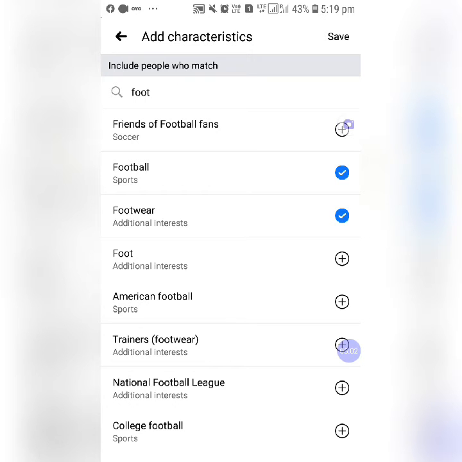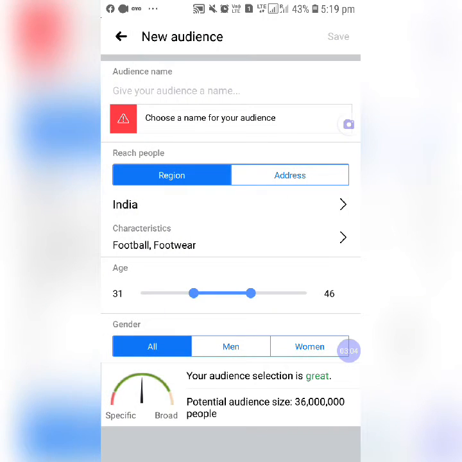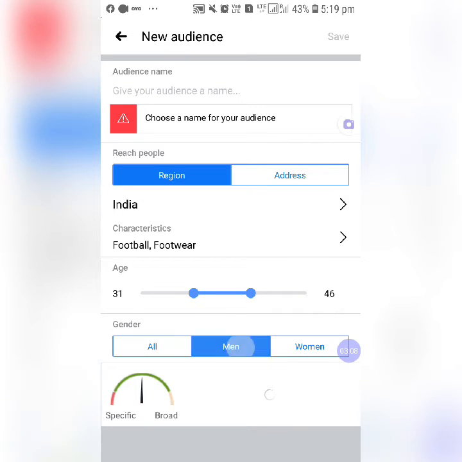Footwear, so we can give many options there. Well, you can see only men can be selected. Still audience size will be visible also by default when we select the characteristics. Choose the name for audience.